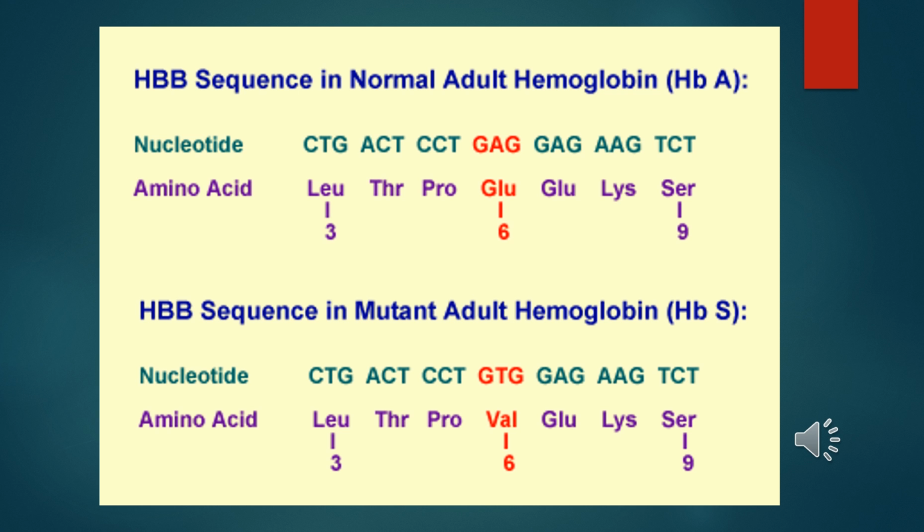So this is just telling here that in the base pair GAG, A is mutated into T, then GAG becomes GTG. GAG forms glutamic acid while GTG forms valine. So glutamic acid forms the normal erythrocyte, and when valine is formed, it forms sickle shaped erythrocytes. Sickle shaped erythrocytes can't move freely in the blood vessels, and they cause severe anemia.